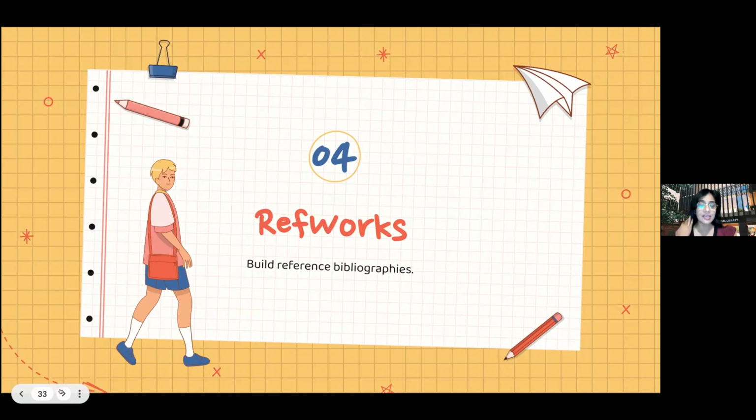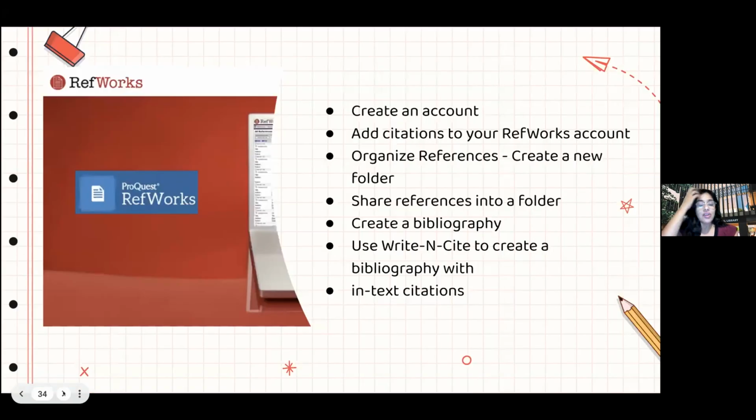Okay, so next slide please. So RefWorks offers you many options. It is software that you can use to store, organize, and generate your citations in different citation styles. Also collaborate with other researchers on your research project. So the first